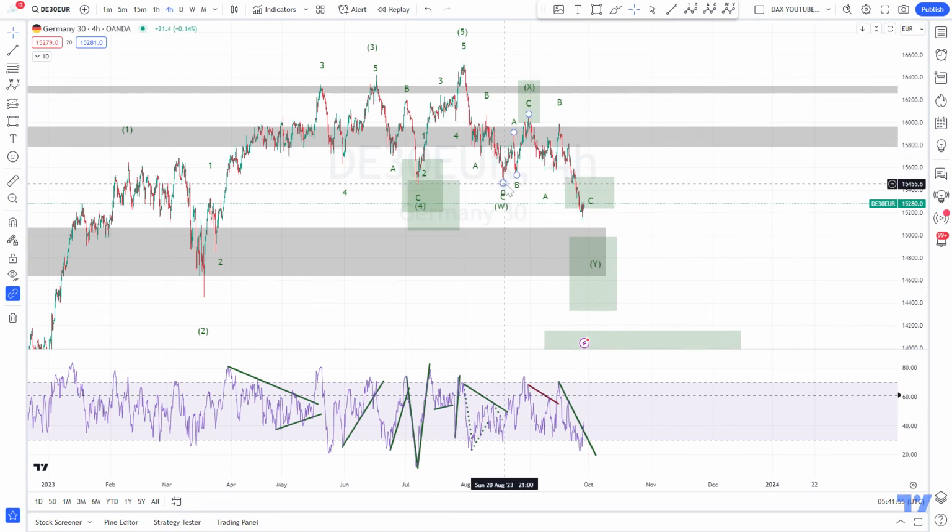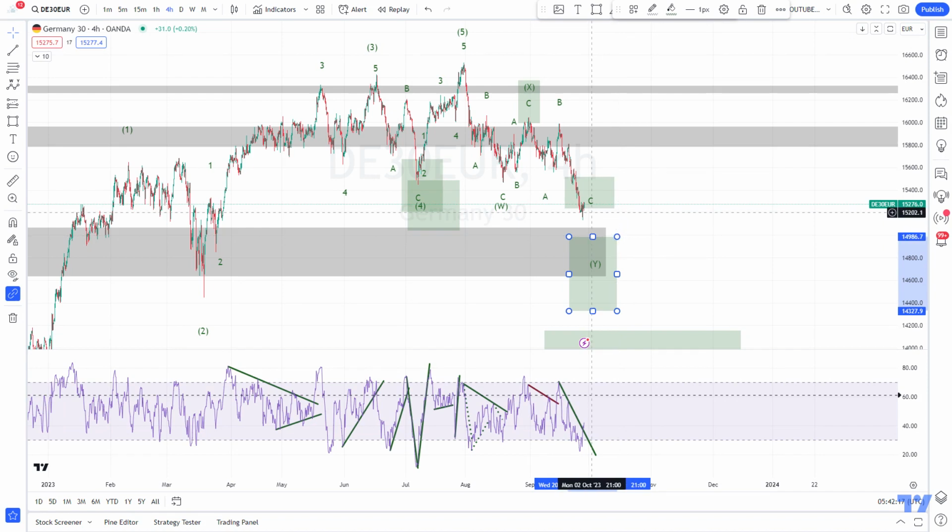We took out the wave W low here, and we also have here as a Y leg three swings, 1, 2, 3, as you can see. Ideally, we reach this area, because here